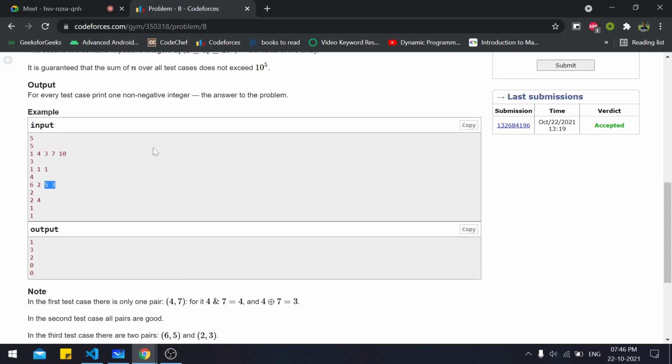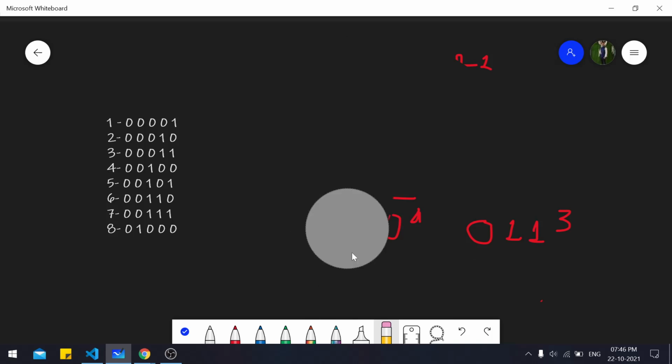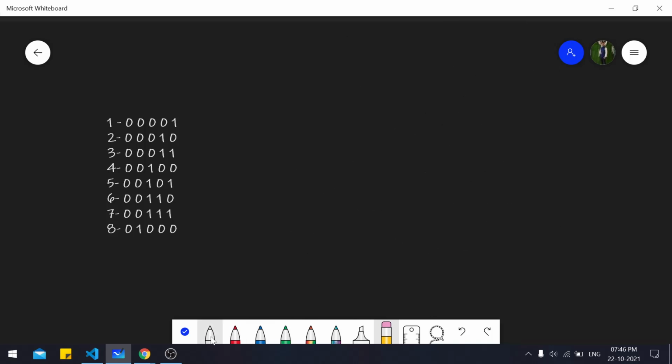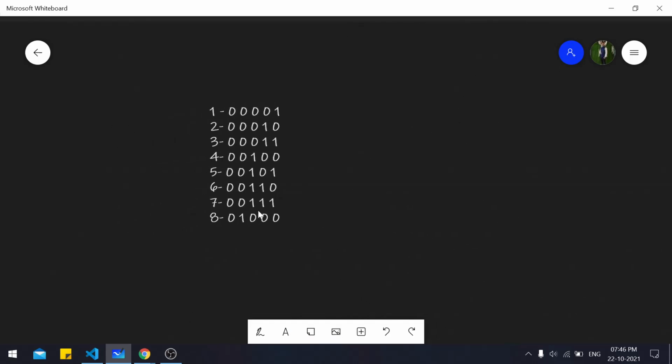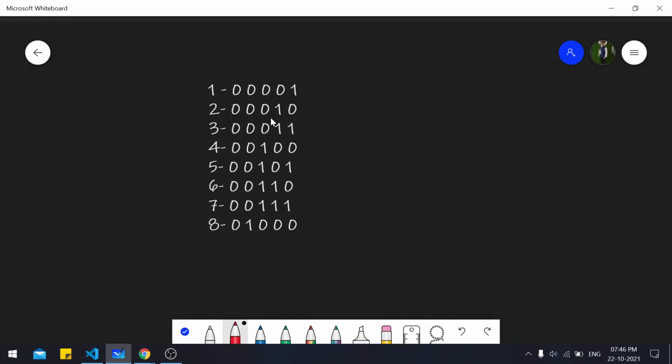So always for a bit manipulation question, you can always write the bits of the first like 8 to 10 integers. This will really help you. We will also see how this helped. So if you try to see, I first check for this one only, right? In this one only one bit is set. While we come to second, the second bit becomes set.